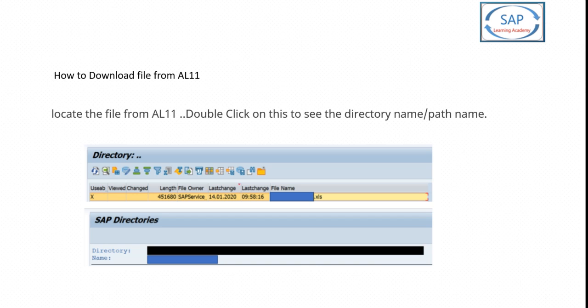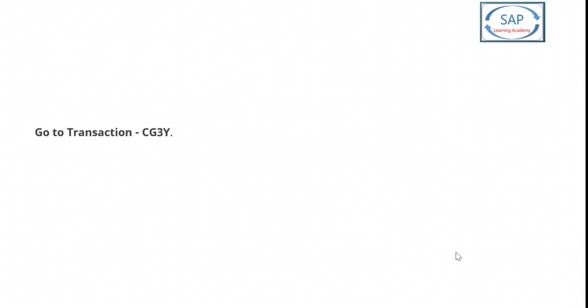Now going to the next slide, how to download a file. So first you have to go to the transaction AL11 and locate the file which you want to download. Then double click on it. Then it will show you below the directory name or path. And after that, once you get the directory name, then you have to go to the transaction